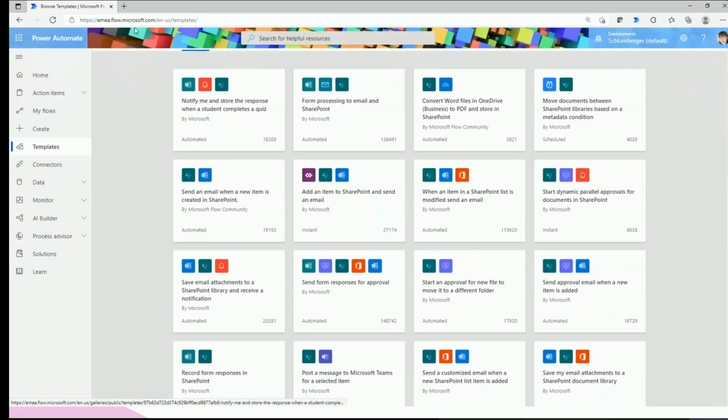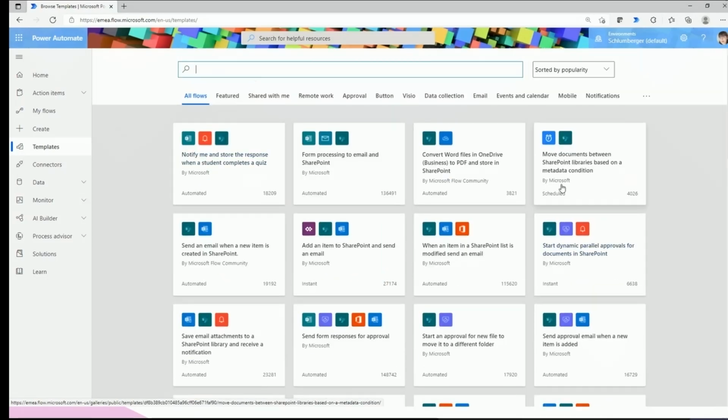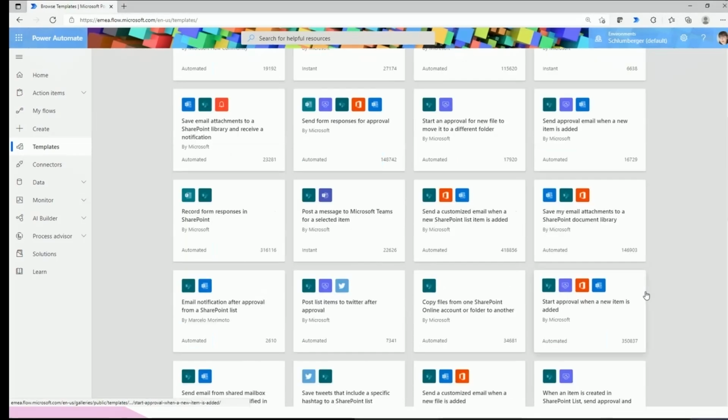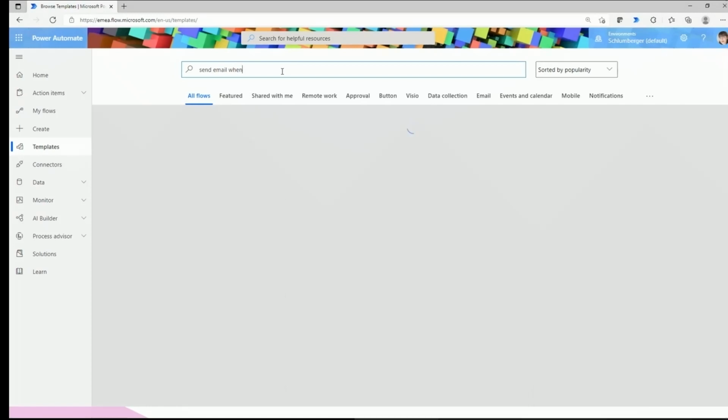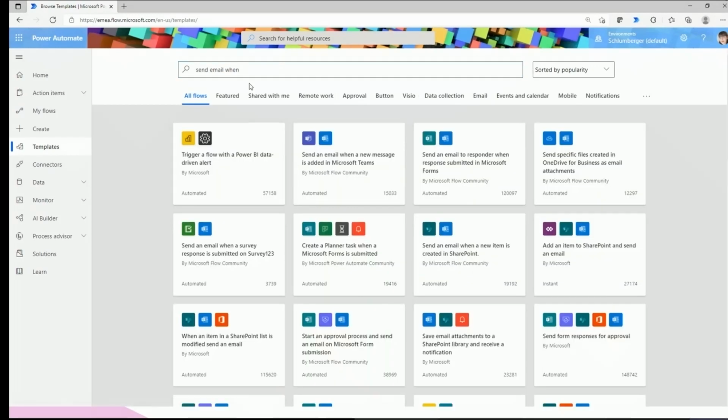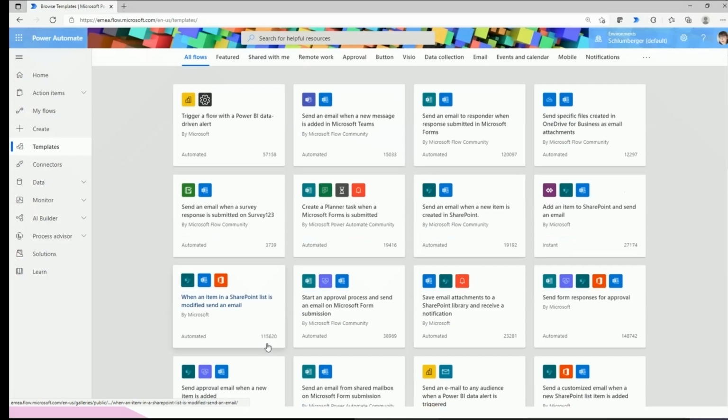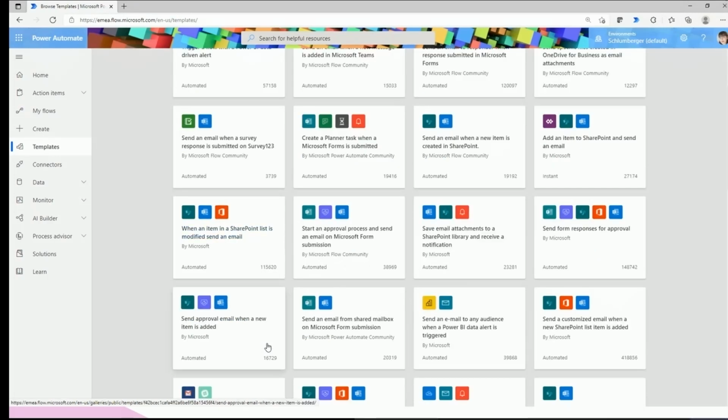No, let us look, send an email, let us see if we have a send an email with, let us check here, send email when, okay, here we go. When here you are not searching for a connector, you are searching for an action. So send an email when new item list. No, we don't need this one. Maybe I would like to use,